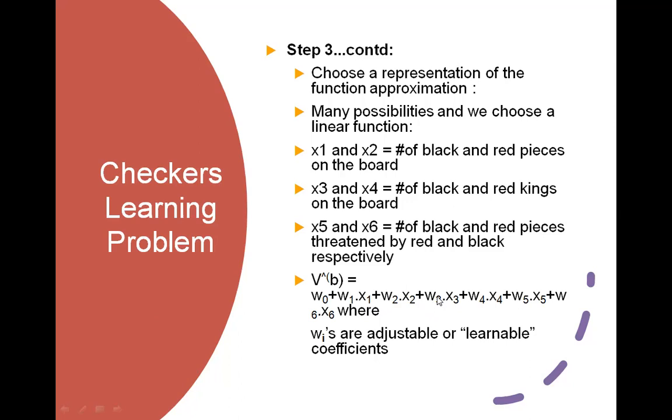In logistic locally weighted regression also we come across weights. Weight is nothing but the weightage for each and every pawn. What is the weightage you give for the king? What is the weightage for red pawns? What is the weightage for threatened pawns? That W0, W1, these are the weights.